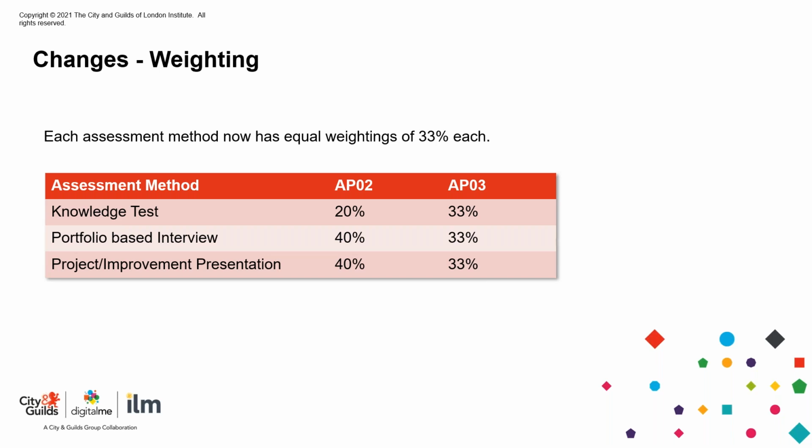as you might remember, in the previous assessment plan, AP02, each assessment method had a different weighting contribution towards the overall grade. The knowledge test before had a 20% contribution, and the portfolio-based interview and the project improvement presentation had 40% contribution towards the overall grade. Now, with the AP03, the new assessment plan,